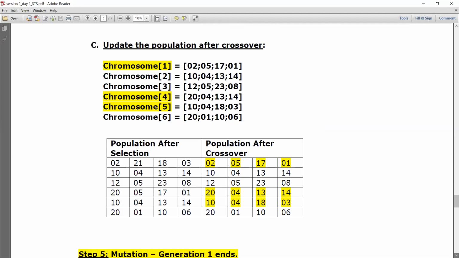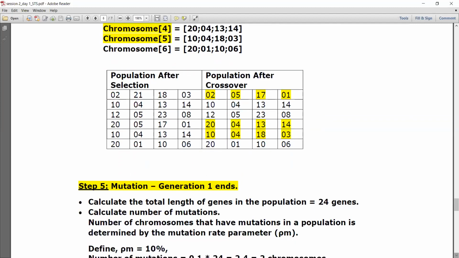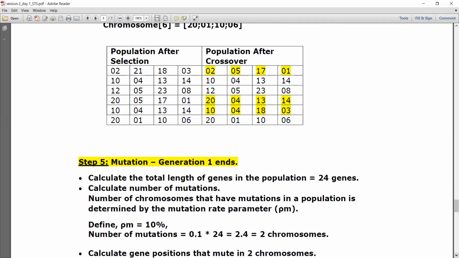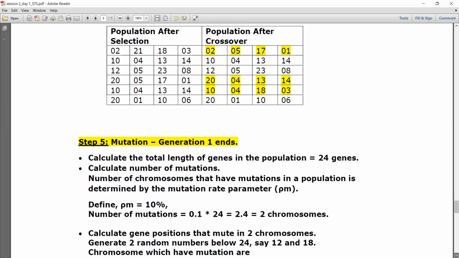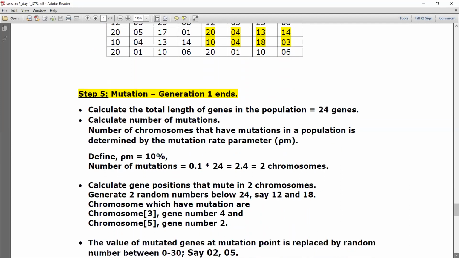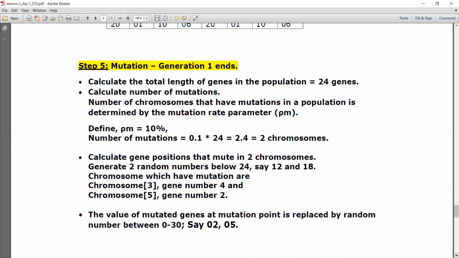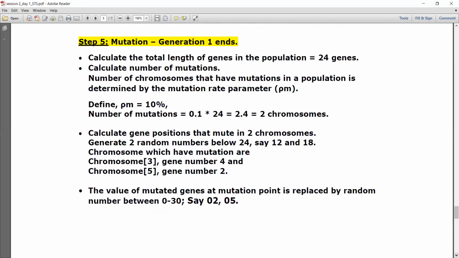Is it done? Now I have projected the population after selection as well as after crossover as well as before crossover. Before crossover is nothing but after selection. Done. So the answer is very clear. The last step of the process is mutation. Now the crossovered population set, the updated set, is available for mutation. Done. Now in this mutation procedure, Bhaskar sir has explained binary mutation, but this is an integer mutation.